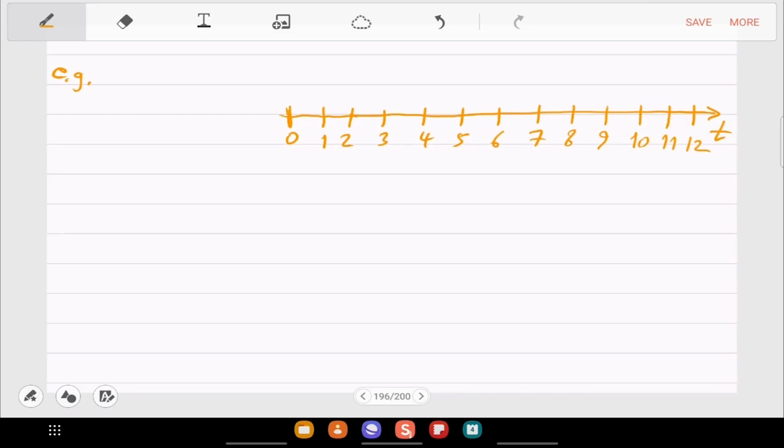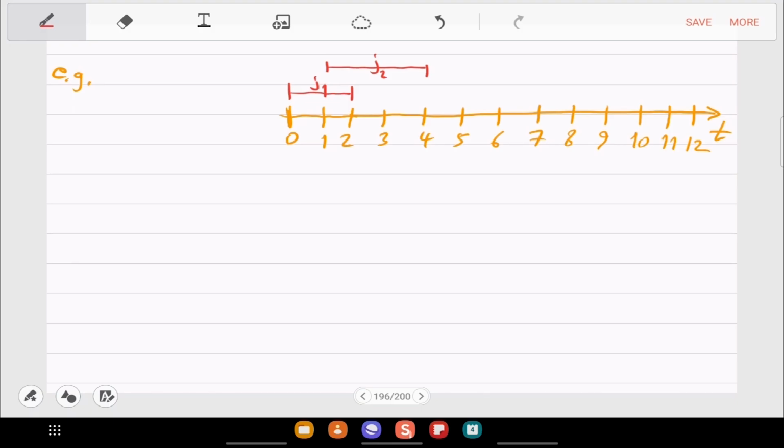Okay, so these are, say, the seconds or milliseconds, whatever, 0 to 12 in the timeline, and you are given the job intervals in the input. So this is the interval for J1, 0 to 2, 1 to 4 is J2,